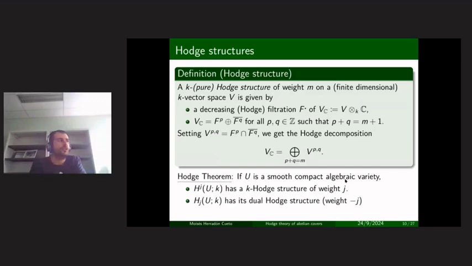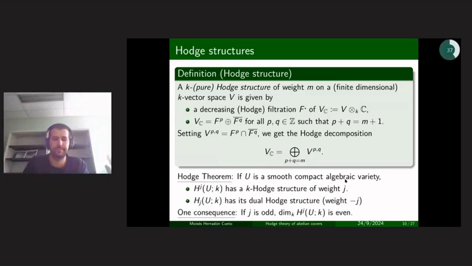And this is very useful. There are a lot of conclusions you can get just from knowing that these exist. And of course, they have properties like functoriality. But for example, just by noticing that if the degree is odd, the decomposition will have no middle piece. So it will have to have even dimension.